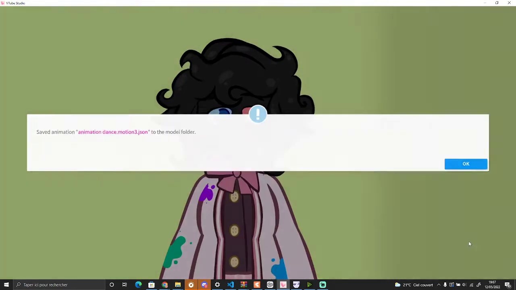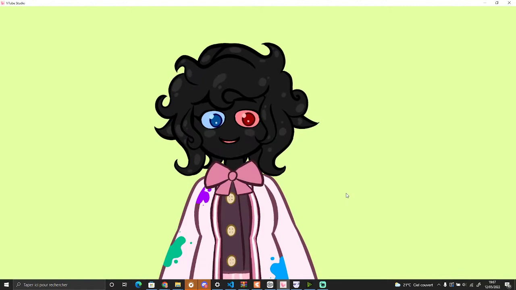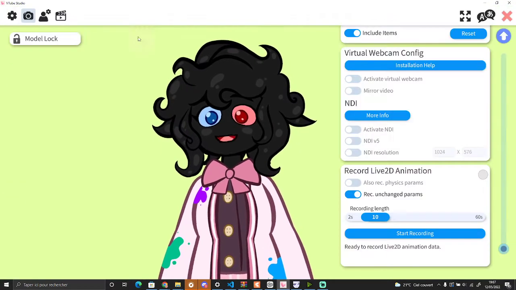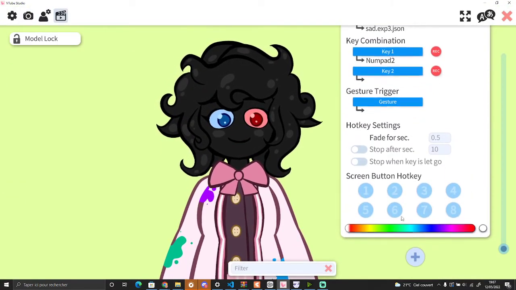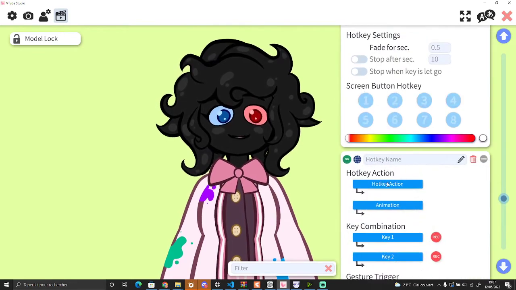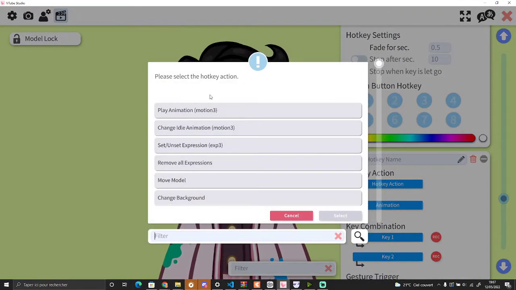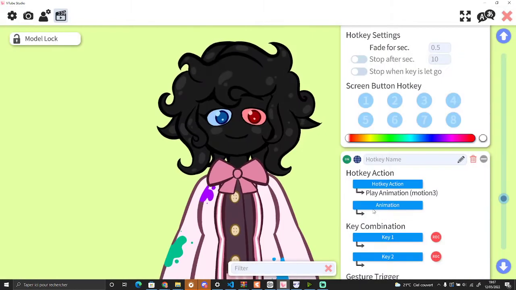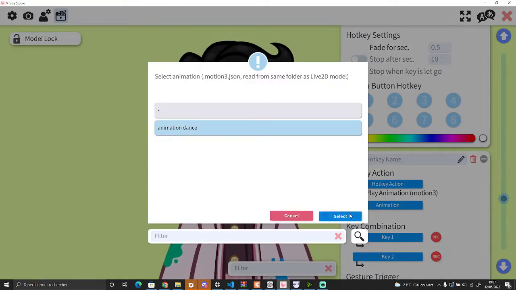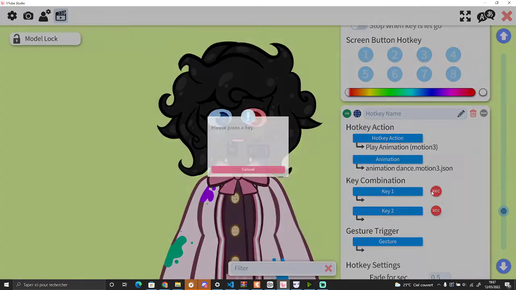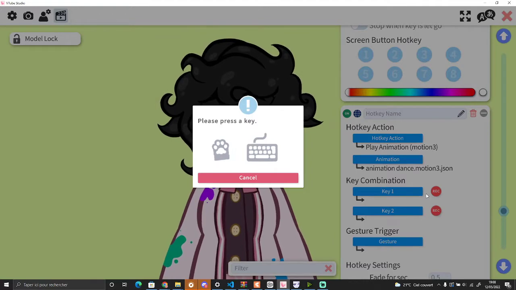Okay, I tried. Okay, the animation dance is done. Then I'm going to go to the plus button, and this time it's an animation. So choose the play animation button, choose the animation, and then go to the key, and normally it's a